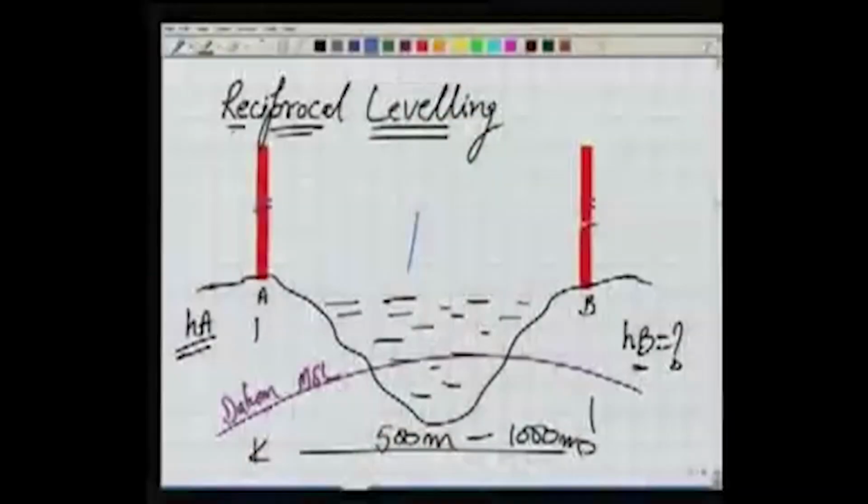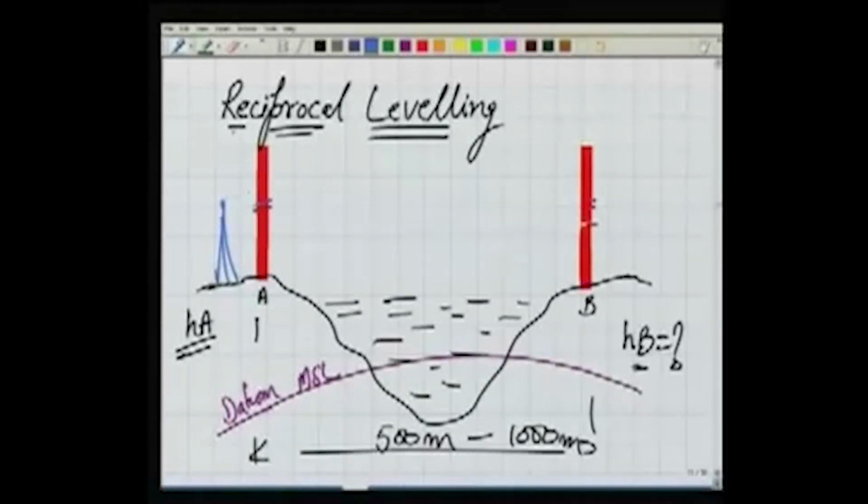We know, in order to eliminate the effect of errors in the instrument, leveling instrument, as well as the zero error we saw for the staff, or also for the curvature error, refraction error, in all these cases, if we balance the backsight and foresight, these errors can be eliminated. But balancing backsight and foresight here in this case is not possible. So we can't keep our level here in between. So what to do in that case? We can't keep our level here. If I keep my level only on one side,